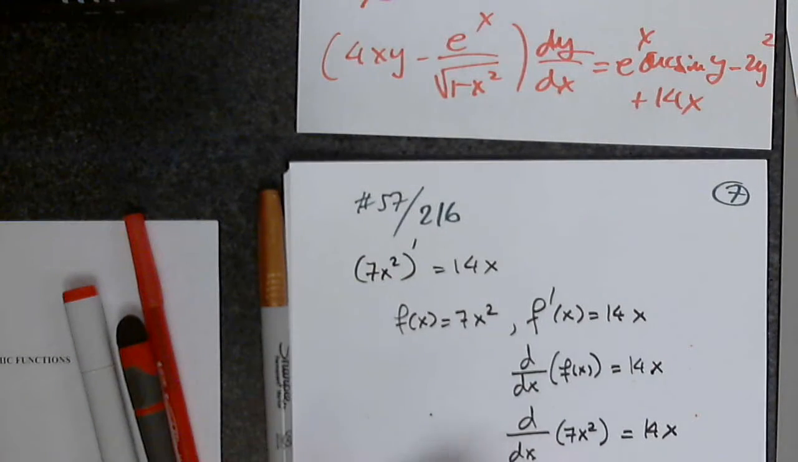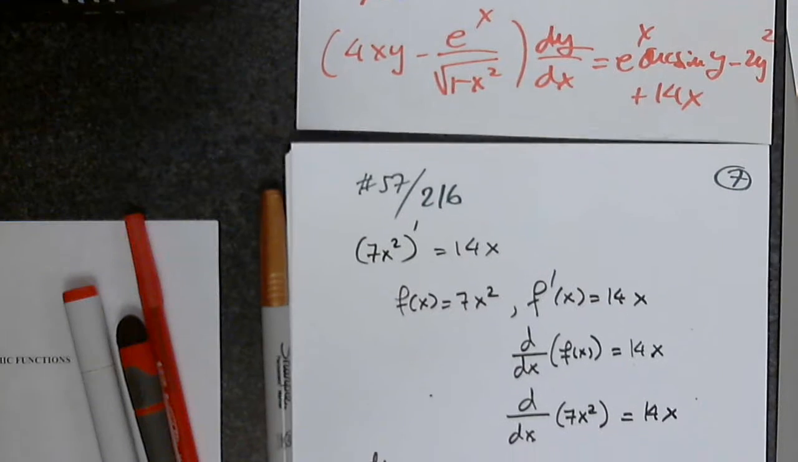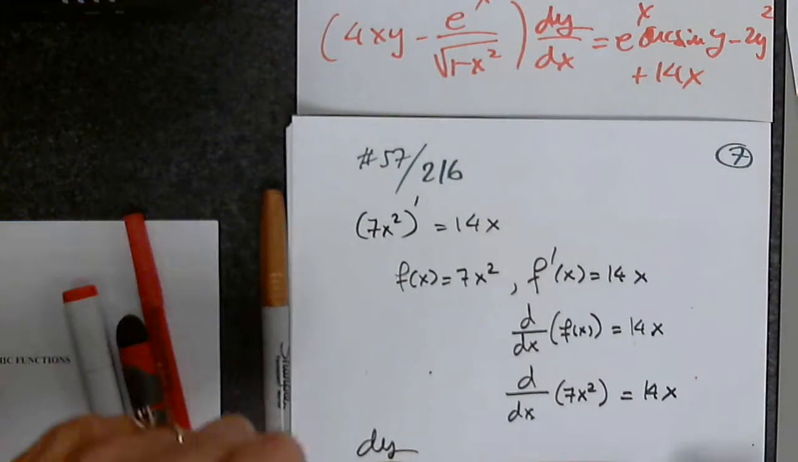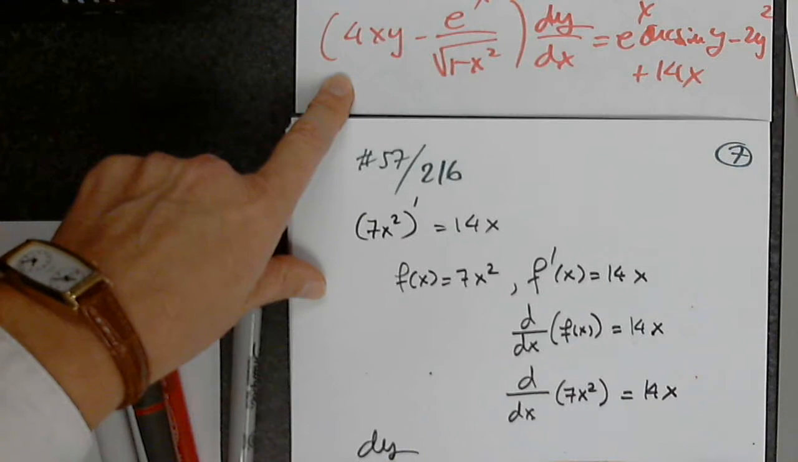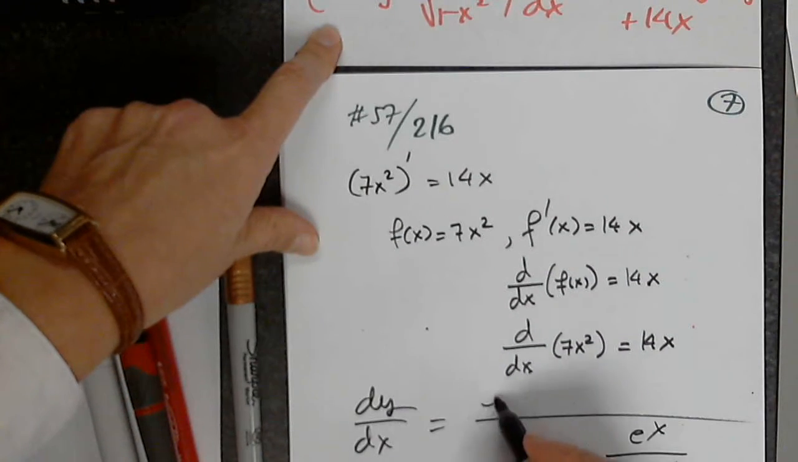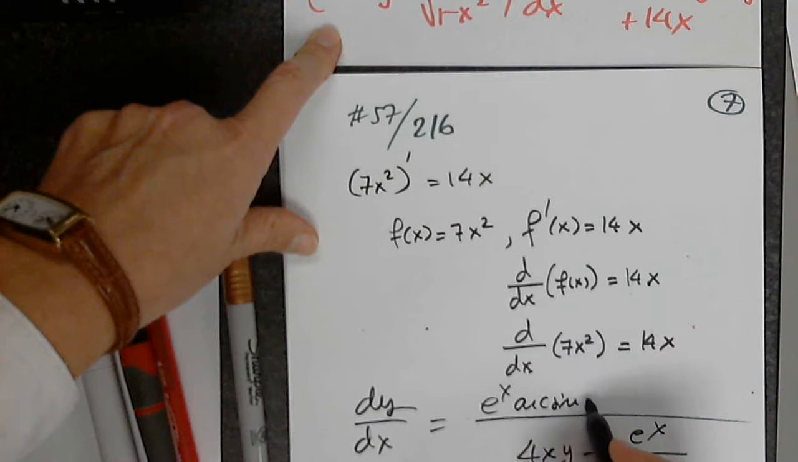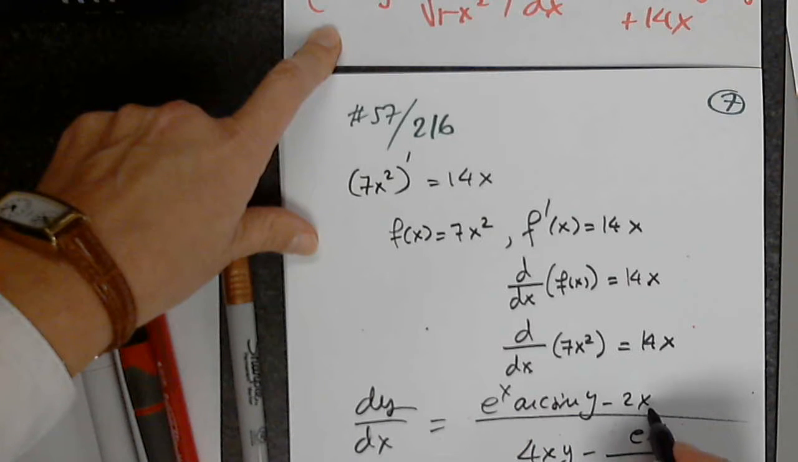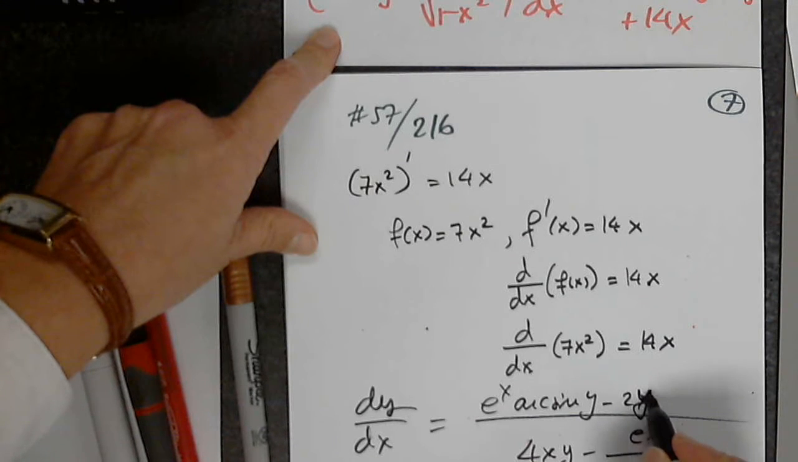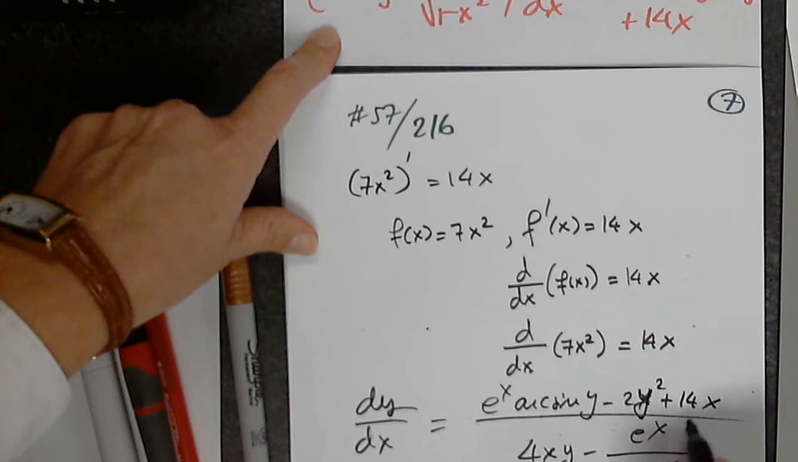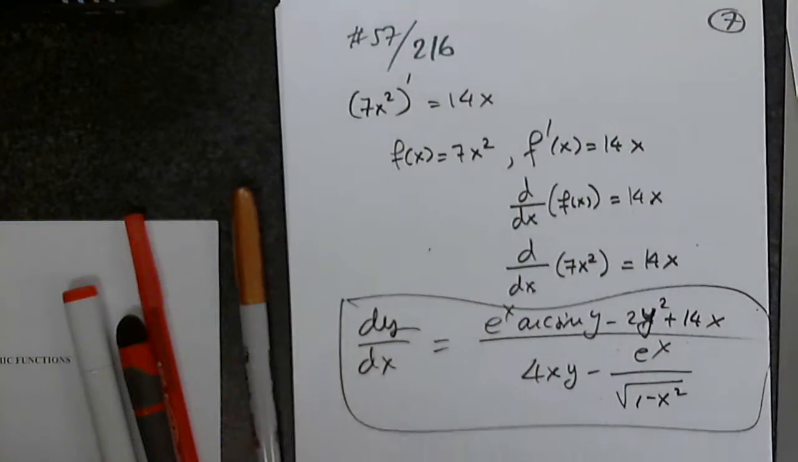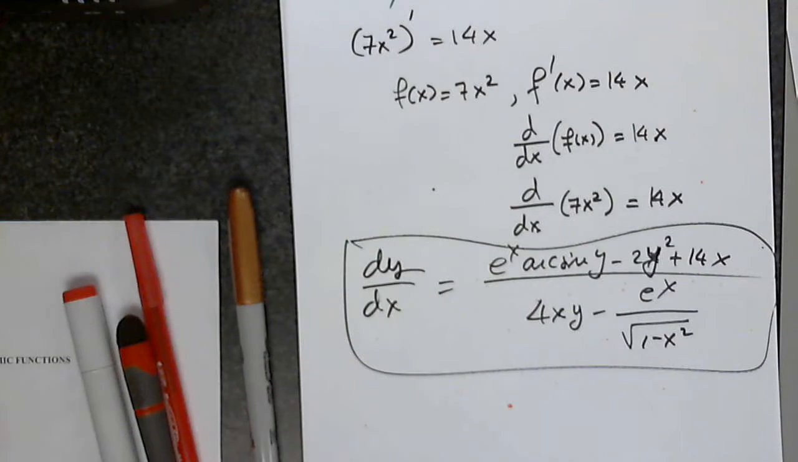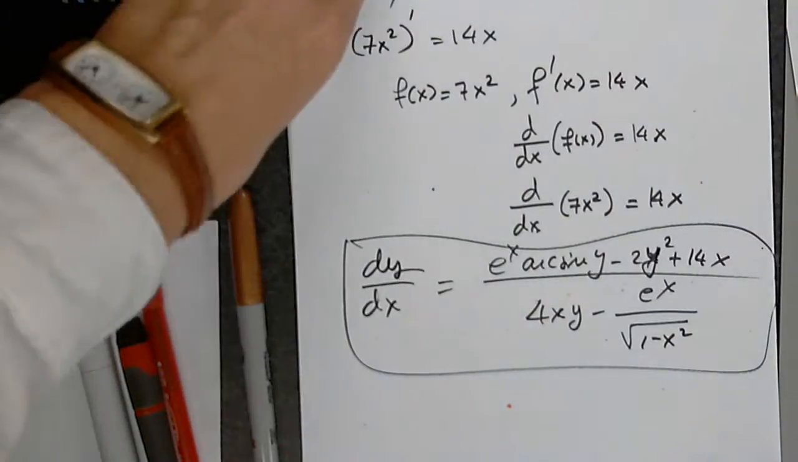So dy over dx is 4xy minus e to the x over the square root of 1 minus x squared, and the top is e to the x arc sine y minus 2y squared plus 14x. Any questions on this? Any questions? Yes, Thomas? Can you slowly do the